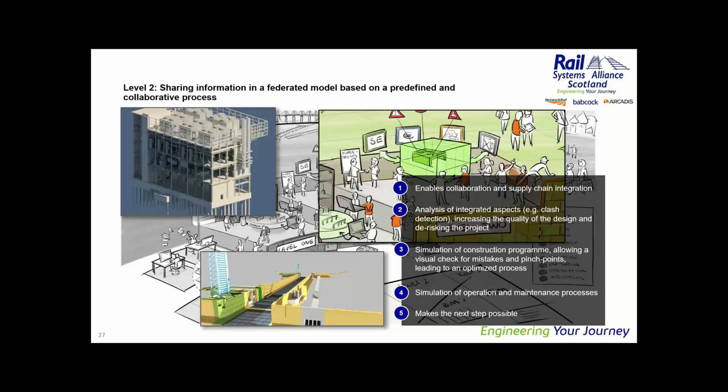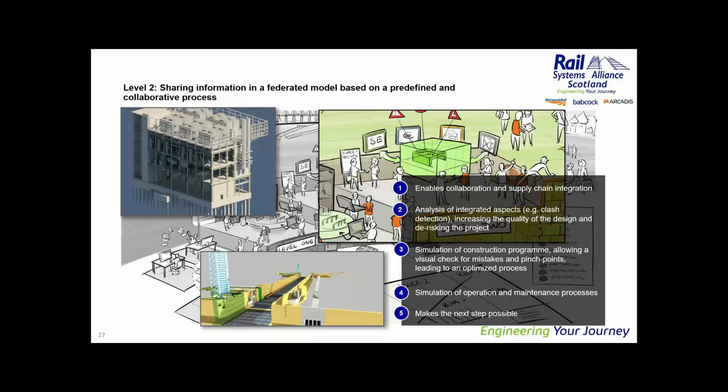BIM Level 2 allows for simulation of construction program and allows visual checks for pinch points and optimized processes. We can also simulate operation and maintenance at that stage, based on the information we've got within our models, and again, that makes the next step possible.